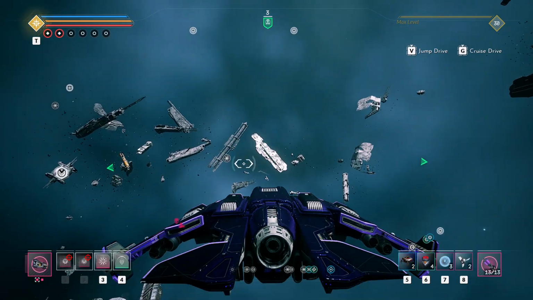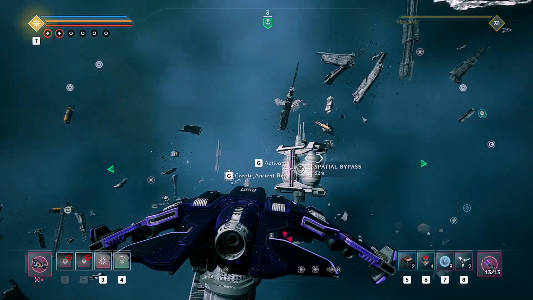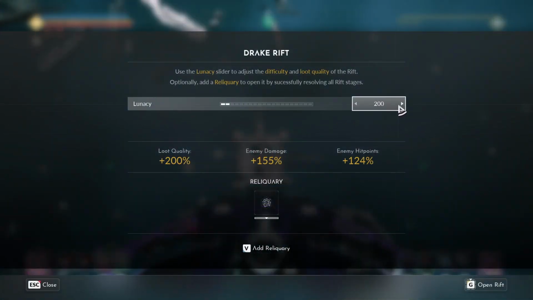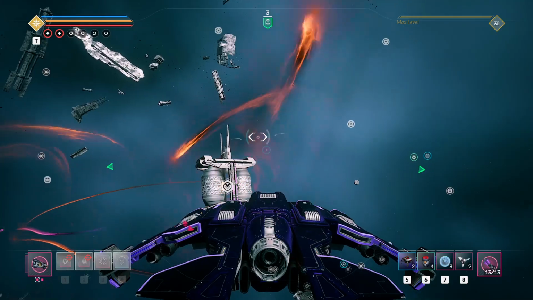Greetings everybody! In this video I will show you how to clear 2000 Lunacy rifts, which is the highest you can have now in the game, using the Vindicator build. So I'm gonna show how it's done first, and then explain the build, because there's no point explaining if I can't beat it. So as you can see, our main weapon is the permagun,